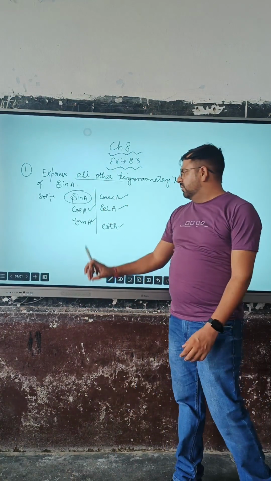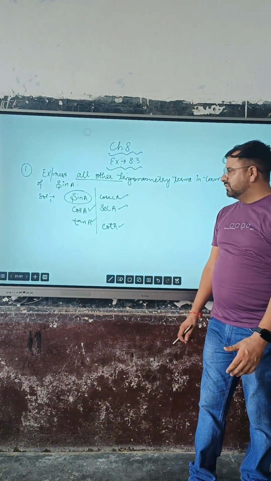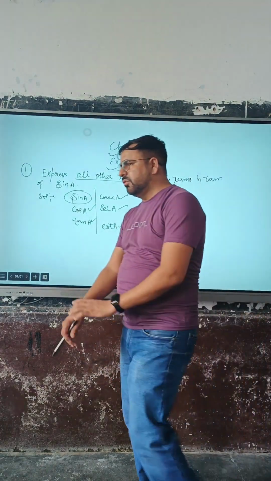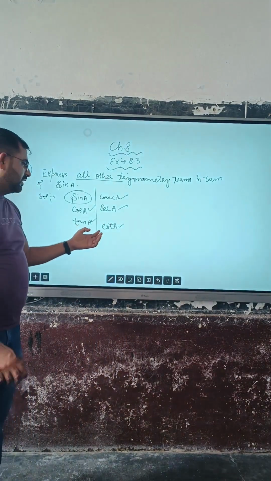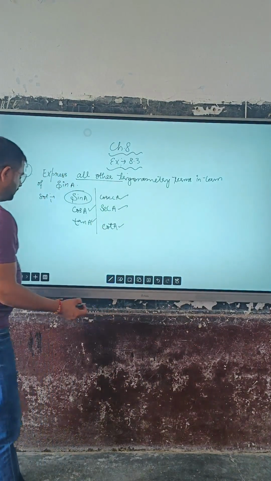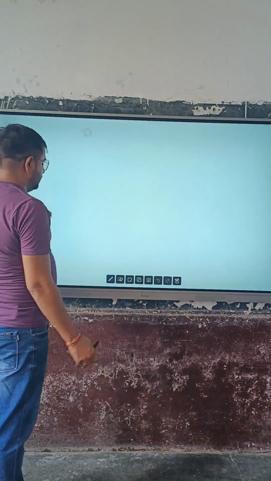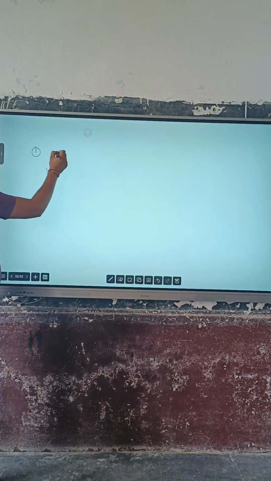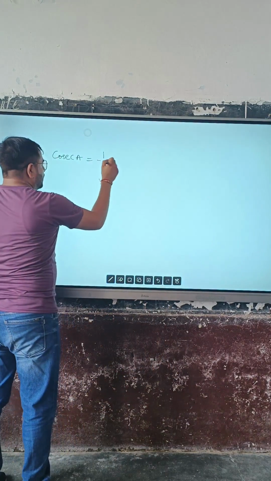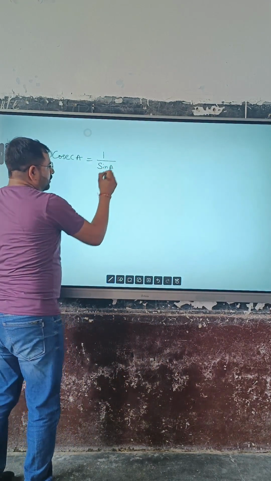We have to represent the relationship between cosecant and sine A, cos and sine of A, secant and sine of angle A, tan and sine of angle A, and cot and sine of angle A. So firstly we will start. First step is cosecant. That is very easy. Cosecant is related to sine. Cosecant is the reciprocal of sine A. So we can easily express this.